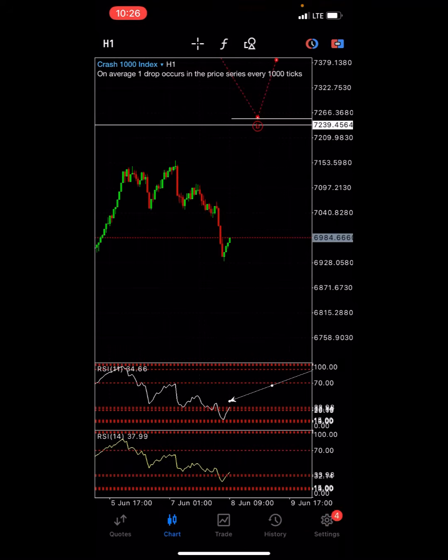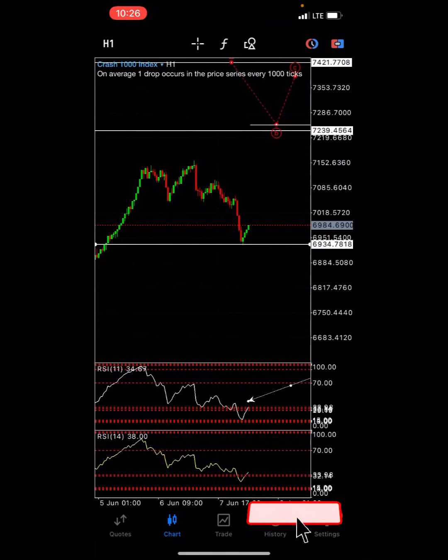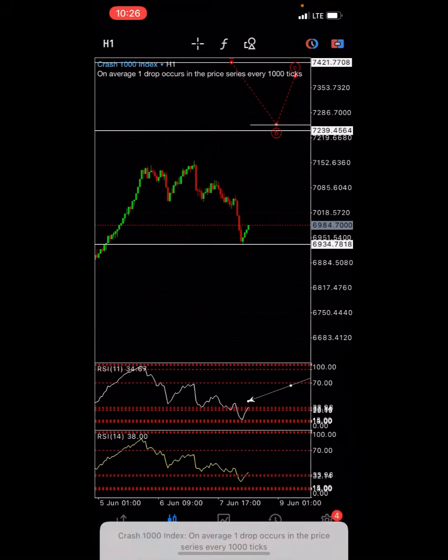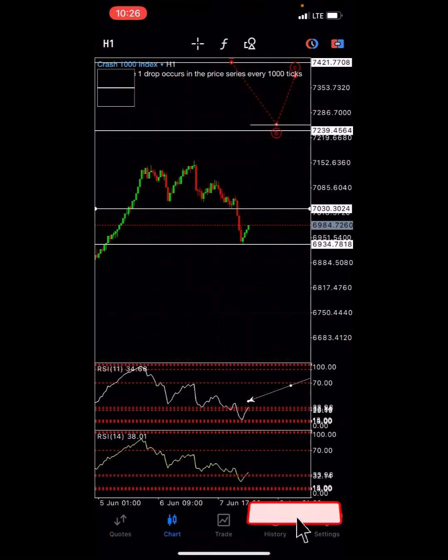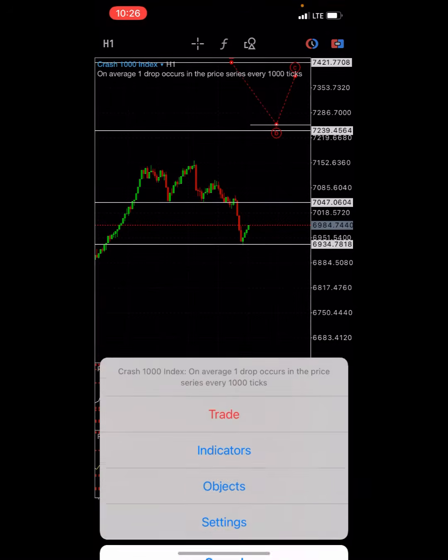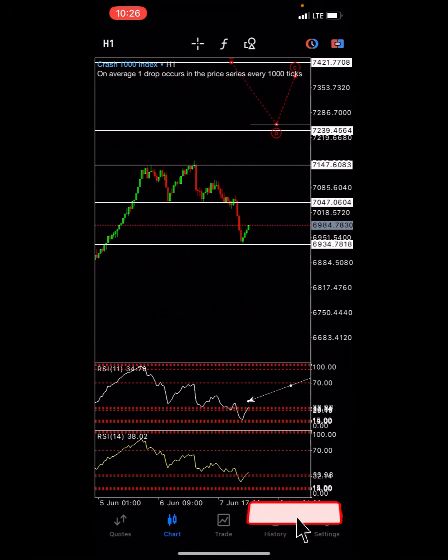So right now, let's say we have support, and we have support here again, and then we have resistance here. Just observe every single thing that I'm going to show you right here. Now that we have support and we have resistance, the next thing that I want to do is,